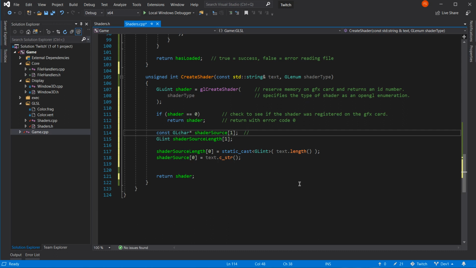This is going to be the storage for the OpenGL text shader text data. Yeah, I can go with that.